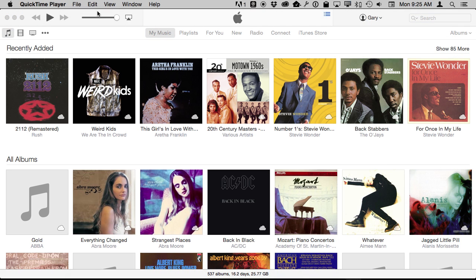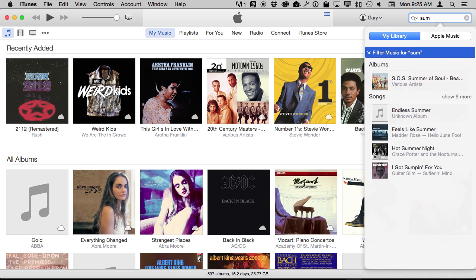Now, one of the things that's fun to do with a streaming music service is to create your own playlist for various themes or times of the day or whatever you want to use it for. A road trip playlist, a wake up in the morning playlist, a work playlist, that kind of thing. You can do that with Apple Music pretty easily. It's got one weird thing. You have to add the songs to My Music first. So you have to have it in your music library, even if it's from Apple Music, to be able to